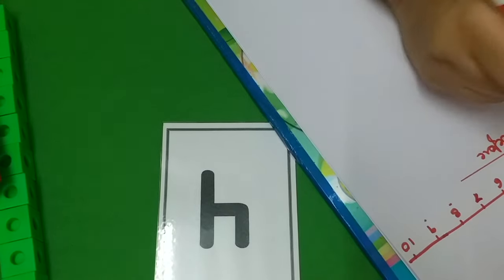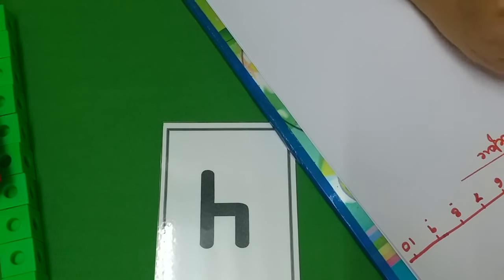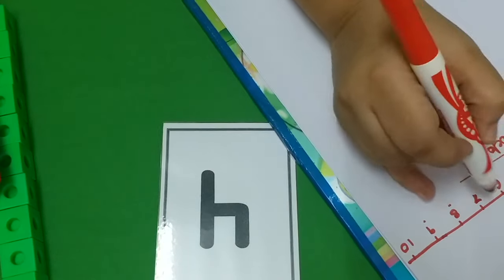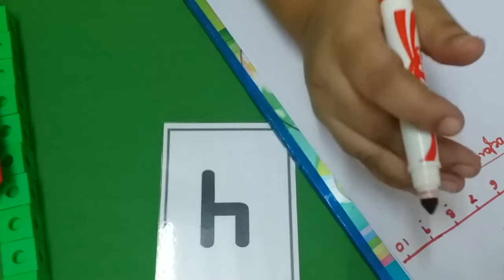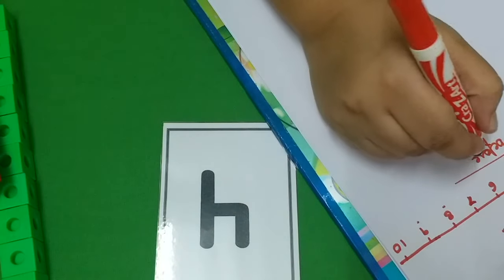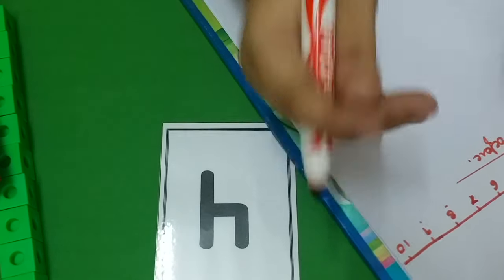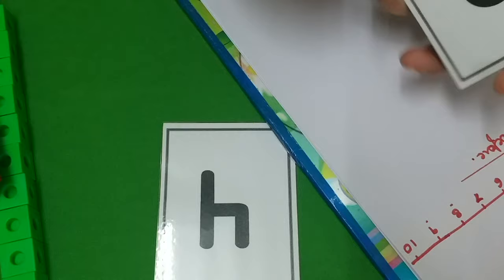So you need to understand that when on the number line he goes from left to right, they get after numbers, and on the number line when he travels in the opposite direction, that is from right to left, he will come to know before numbers. Okay, so this is one activity for after and before numbers.